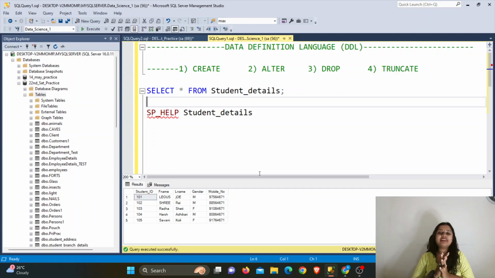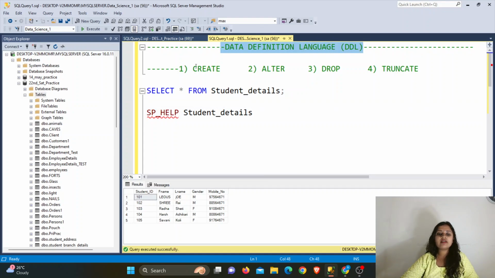So in the previous lecture we have seen about the very hot and most important topic of the SQL server, that is the SQL categories in the SQL command. One of the categories was DDL, which stands for Data Definition Language, as you can see on my screen. Now, I just want to tell you guys, there are 5 options in this DDL. In the previous lecture, we have seen the create option. Now, we are going to see the alter option.